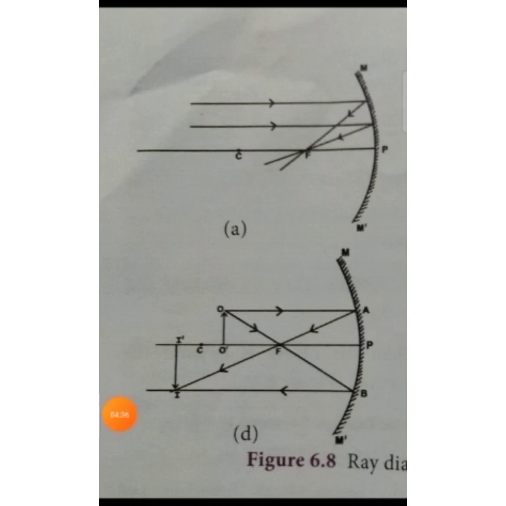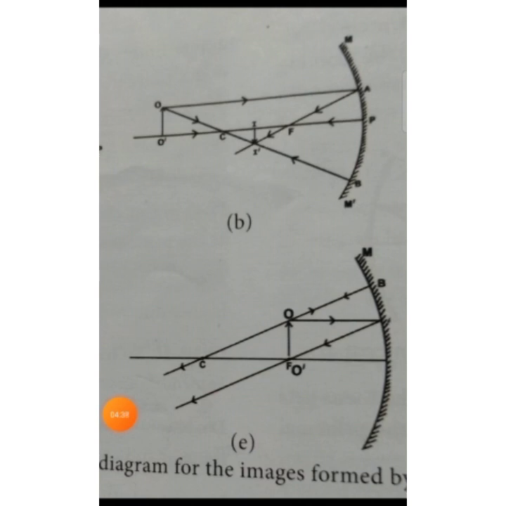Okay, students. See the next diagram, the E diagram, where the object is placed at the principal focus. So the nature of the image: we cannot see the image on the screen, and only a virtual image can be seen. So we cannot see the image when the object is placed at the focal point F. Next,